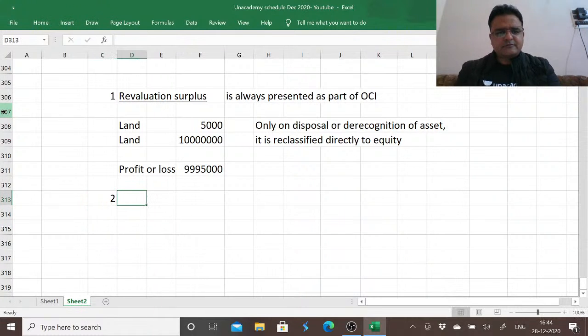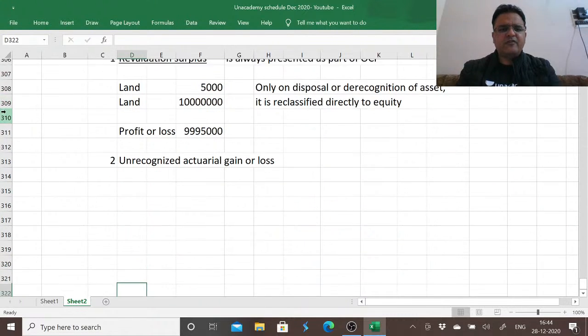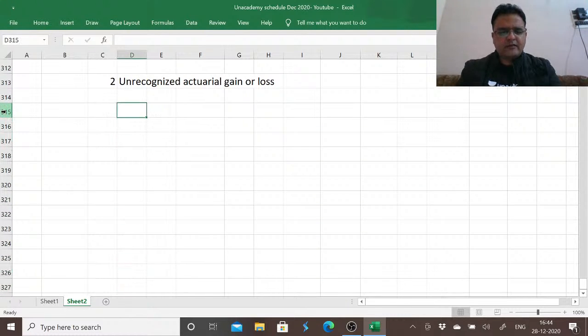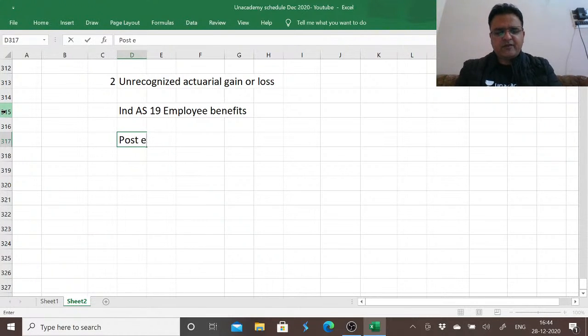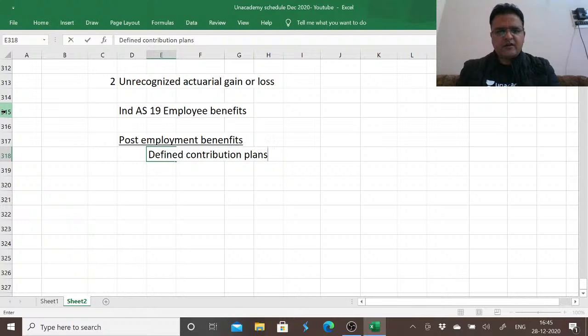Second is unrecognized actuarial gain or loss. So under Ind AS 19 employee benefits, among post-employment benefits, there are two types of benefits. One is defined contribution plans and one is defined